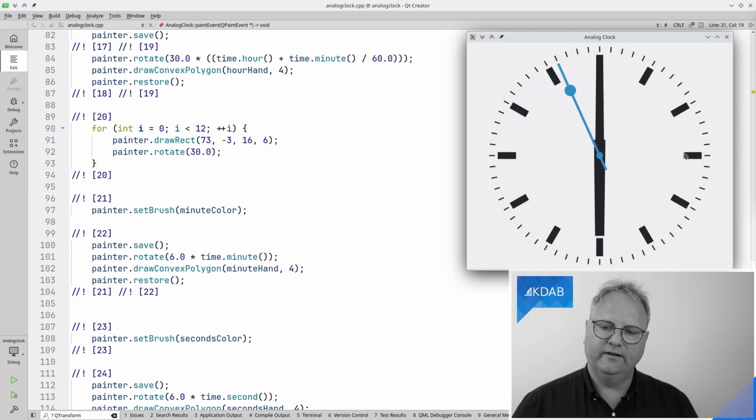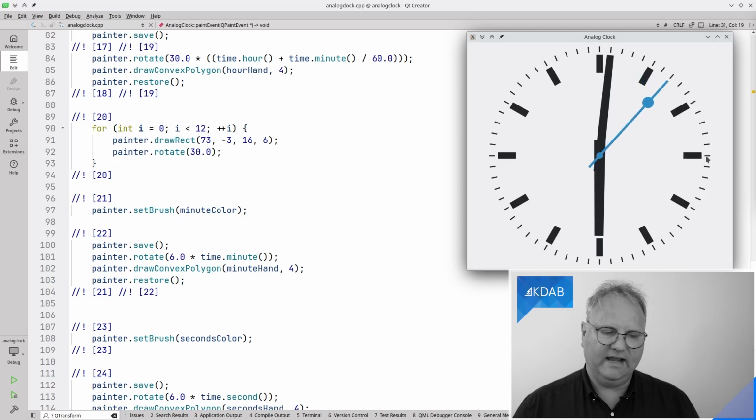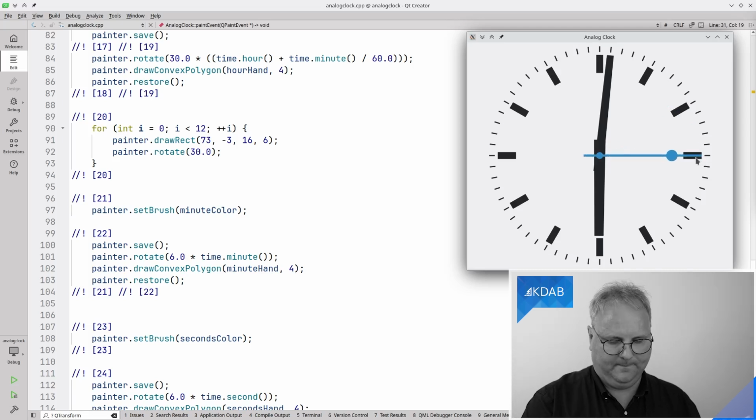So minus 3, that's up there. And it's 16 pixels wide and 6 pixels high, which means that it will start at 73 and end at 89. It will start up here at minus 3 and end down there at plus 3.